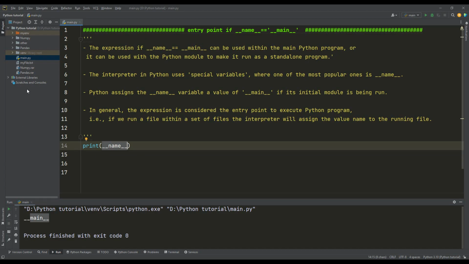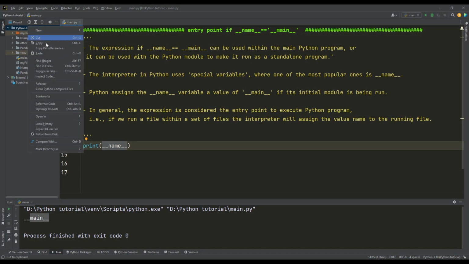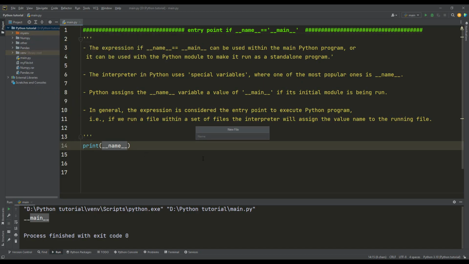Let us create here a new file. We create a new Python file, and in this file we will have, for example, my_module.py. Sorry for this incoming call.